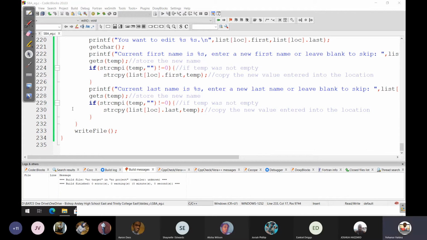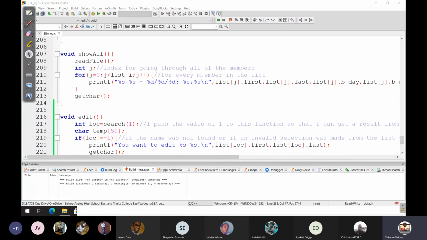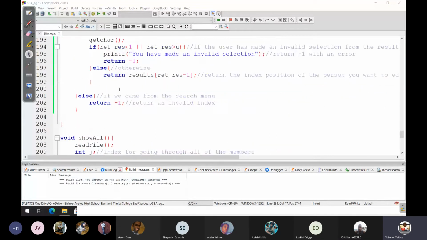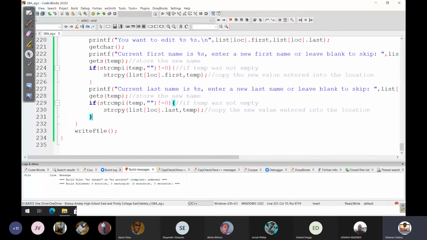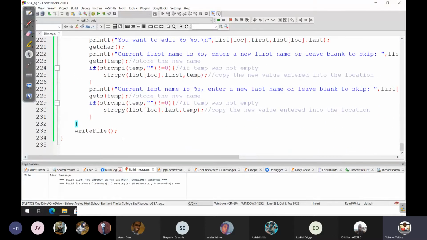Right. And so the write file is the same as the write file that we've been using all the time. So we've been writing to the file. So now instead of seeing a confirmation on the screen, right? Or maybe I could